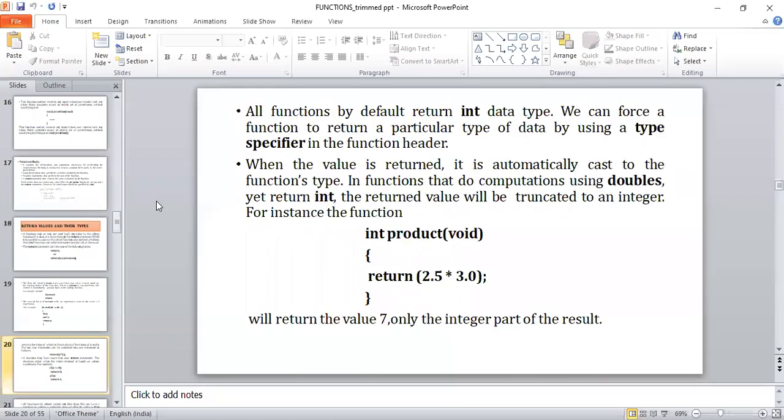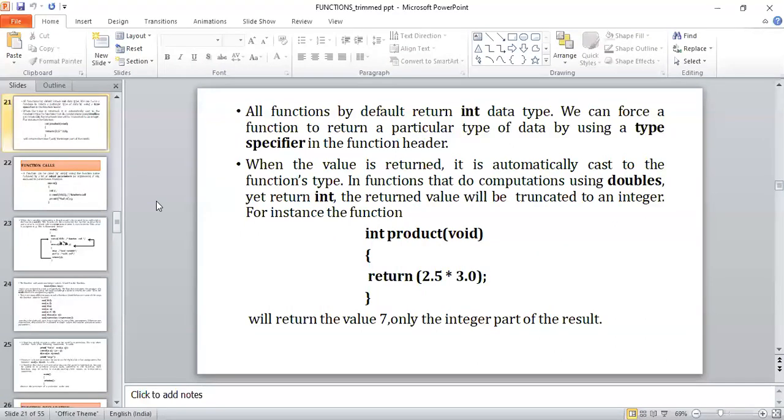One more situation you need to observe is the usage of conversions here. For example, the product function we have written is of type integer. Here we have not passed any parameters. Simply in the return statement we have written return 2.5 into 3.0. Here the operands are floating point values, but observe the type of the function: it is integer.